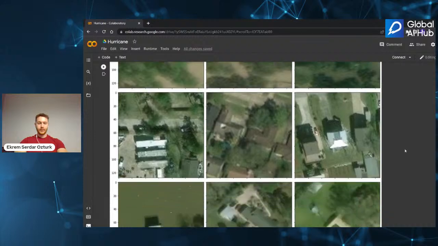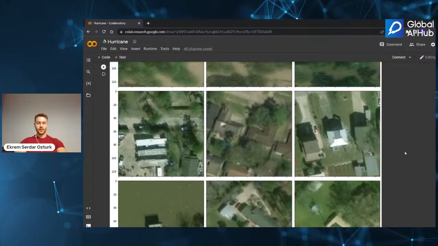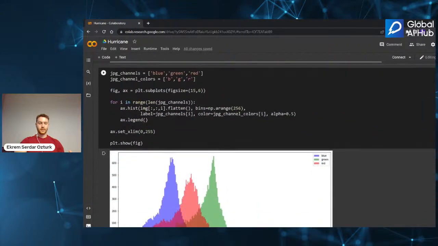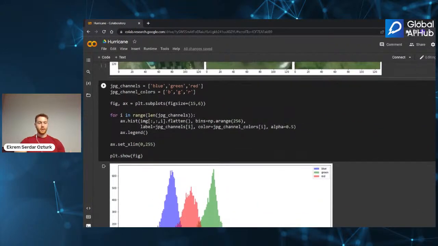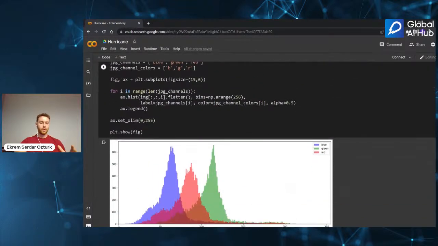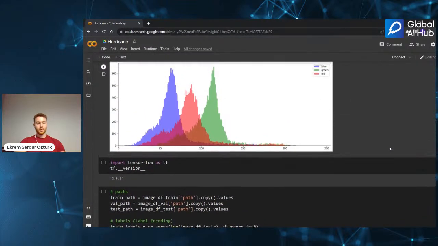So again, we showed the images, but the hardest part for the model is this one is not damaged, all right? This is just a house by the lake, okay? So we will see if the model gets the correct prediction or not. So right now we get the histogram of the BGR values, okay, as you can see here.